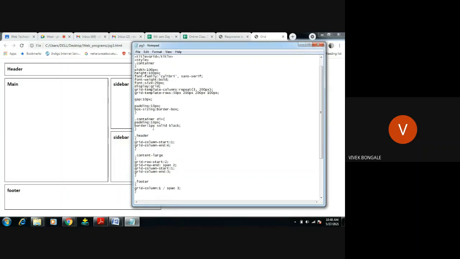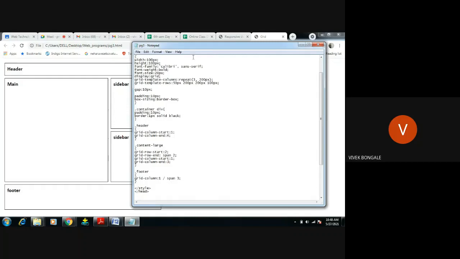Next, content division, which means in the whole container I am creating the divisions. Division means now the header is separate. Next, the main content. Right? So in this container, I'm creating one more container under the big container. In this container, how much space I need for the header, main function, sidebar, footer. As we see in the liquid layout and the fixed layout, we have created one container and we are dividing according to our need.